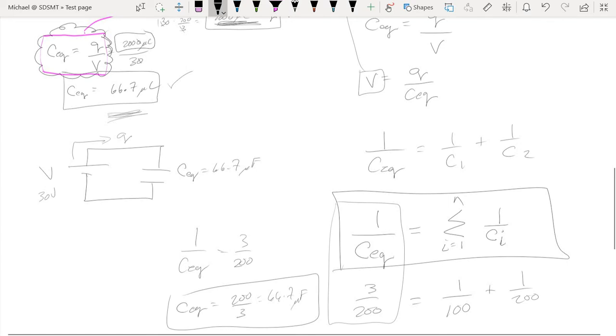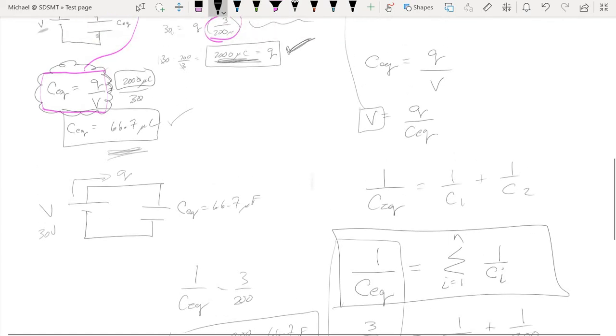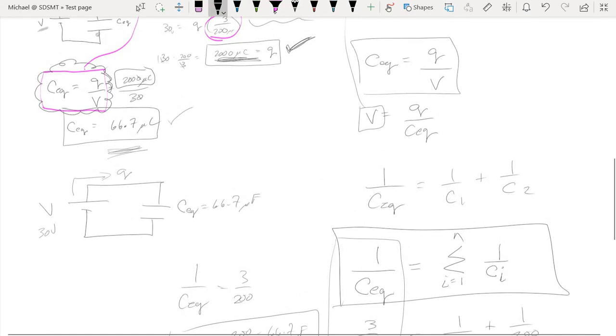And our equation says that for an equivalent capacitor connected to a 30 volt battery, the charge will be the product of the two, and I'm just getting that from our ratio expression. 66.7 microfarads times 30 volts. We multiply those together and we get 2,000